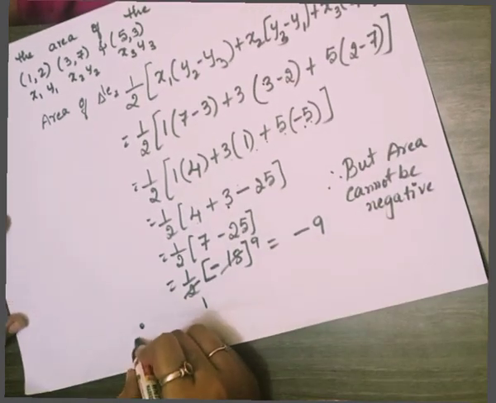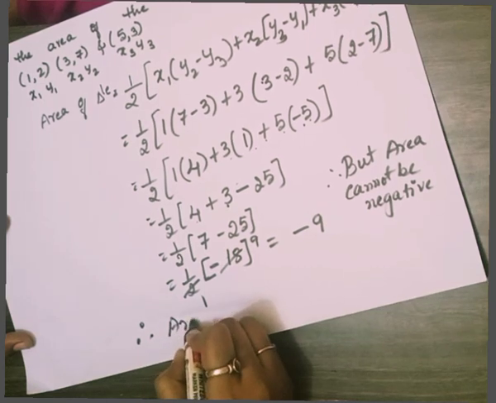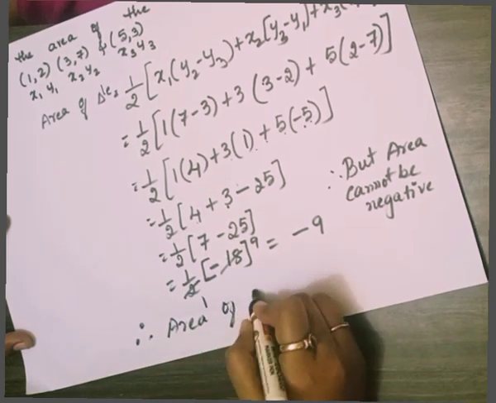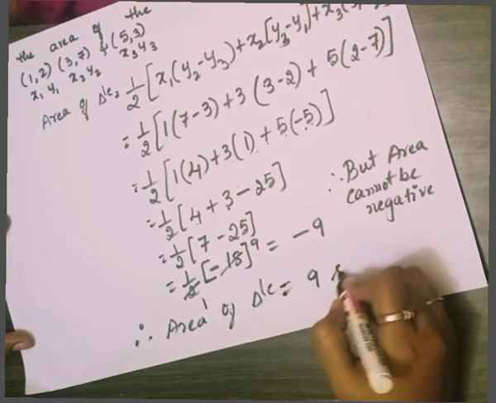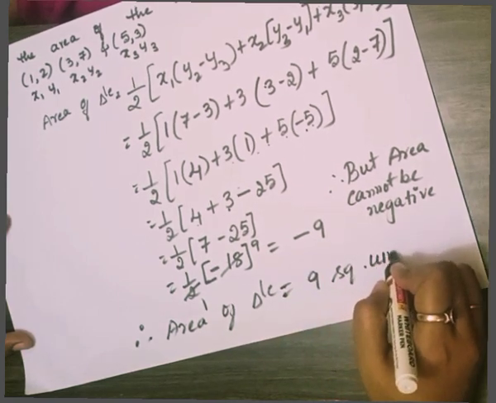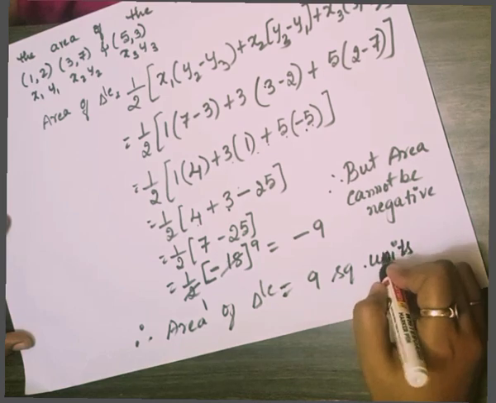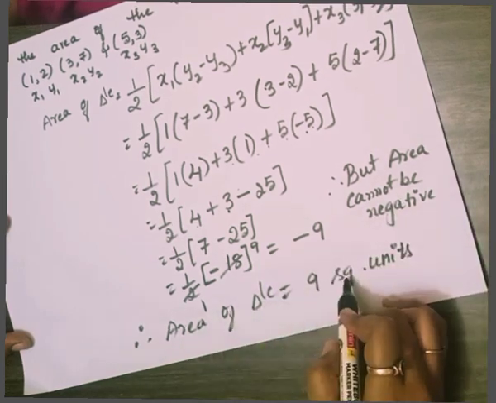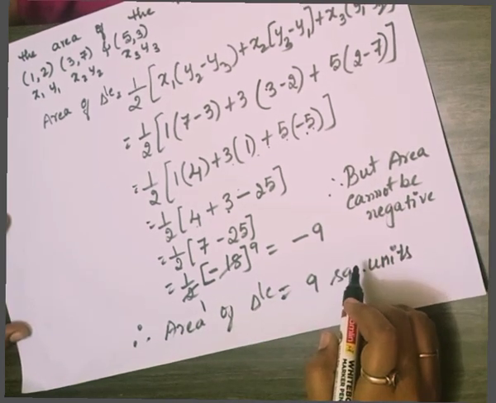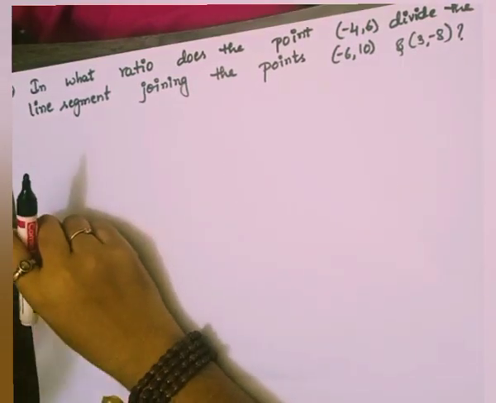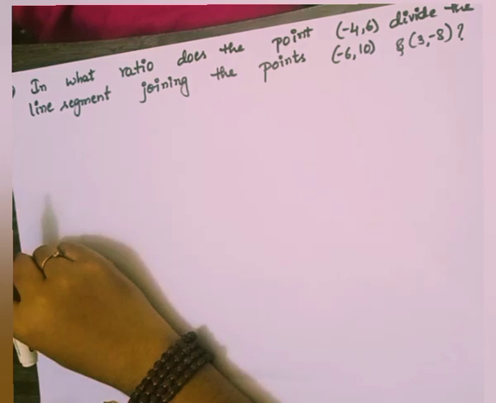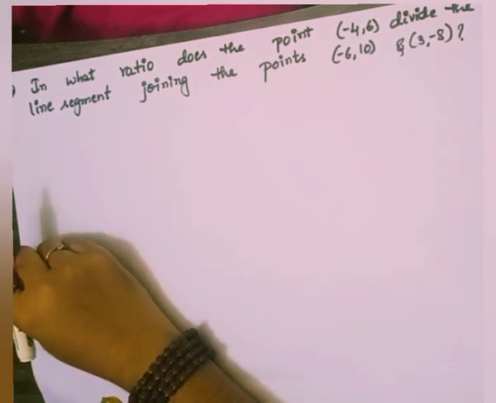Therefore, area of triangle is equals to 9 square units. If you get a minus, you need to mention it can't be negative, and afterwards you need to mention it's 9 square units. Third question, in what ratio does the point minus 4 comma 6 divide the line segment joining the